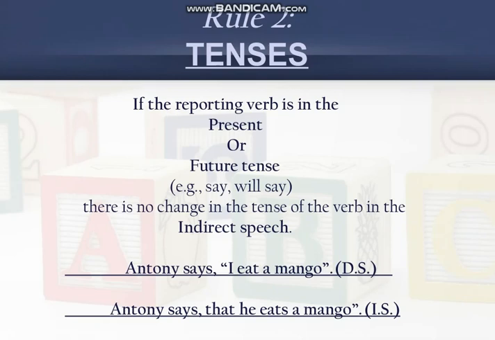"I eat a mango" is a sentence of simple present tense, so the tense is not changed. It remains the same. As you can see, Anthony says that he eats a mango. We have just changed the pronoun, which is "I", a first person pronoun. We used the SON formula, and it is changed according to the subject. As Anthony is the name of a boy, we used "he" instead of "I", while the rest of the sentence has the same tense. But as you know, with "he", a third person pronoun, and simple present tense, we add S or ES to the verb. That's why we added this S. So the result is: Anthony says that he eats a mango.